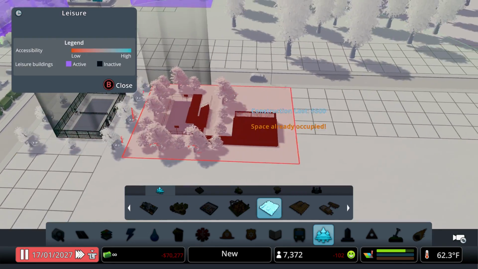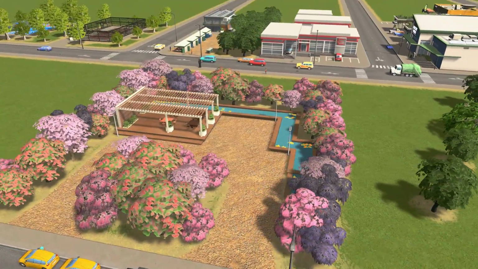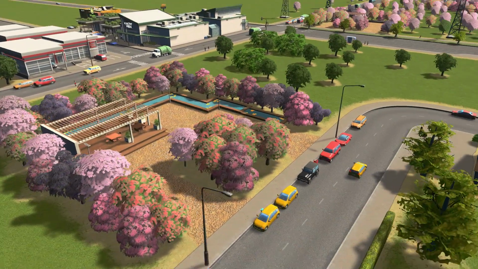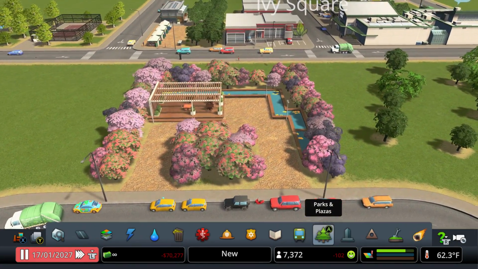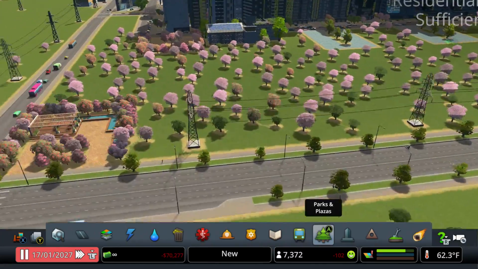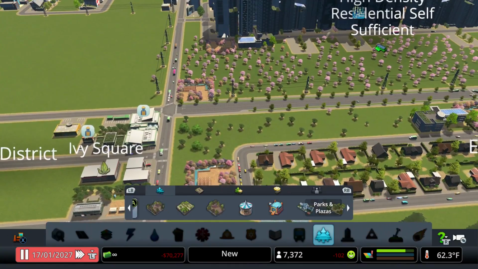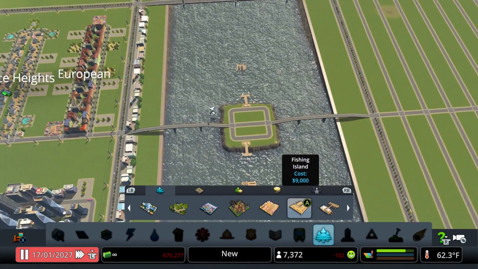And then here we have the tropical garden. I actually have one of them right over here. Really cool. It's one of those that will fit really well in your neighborhood. So even if you have the normal density or low density, it'll fit there as well. Even in high density, why not? Right there, check it out. That's one of three, I believe. The other two get placed on